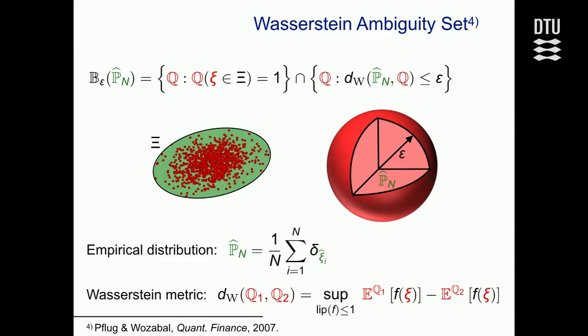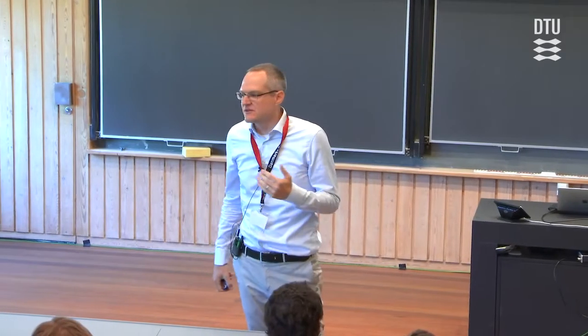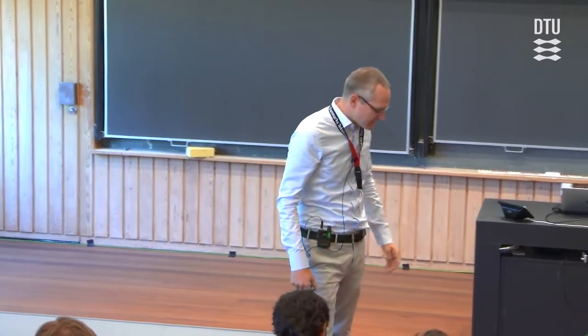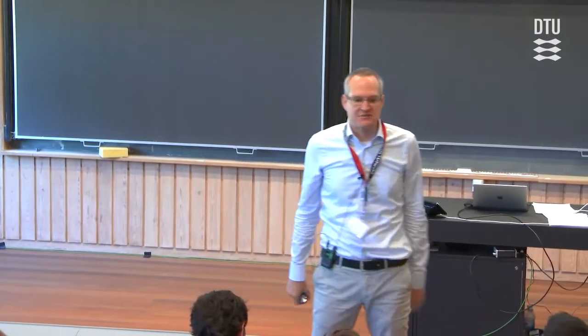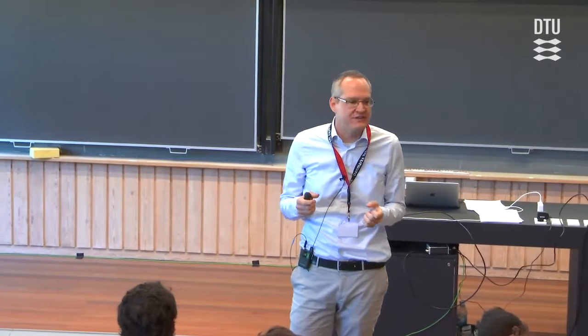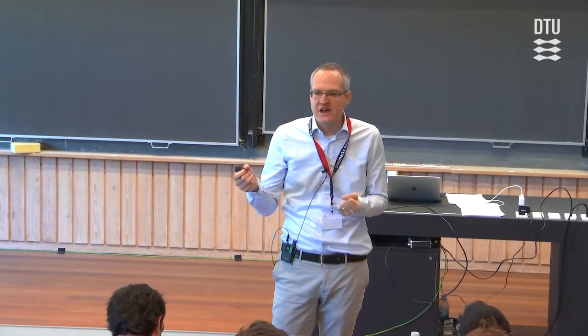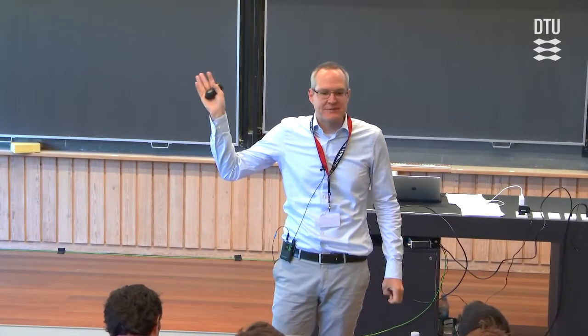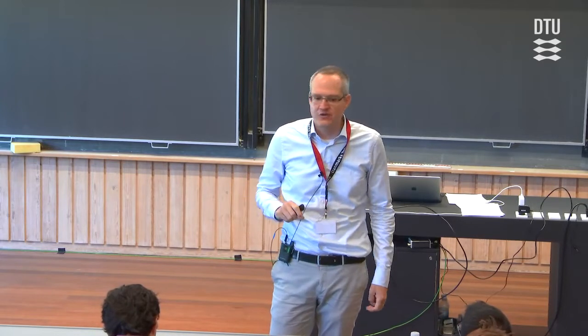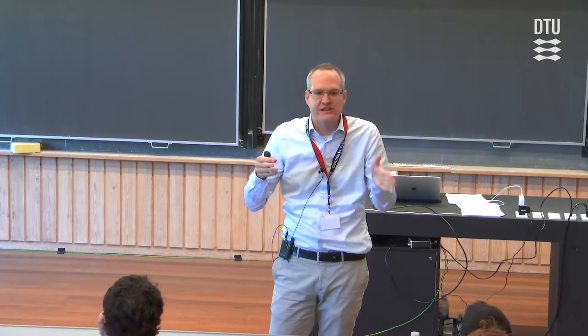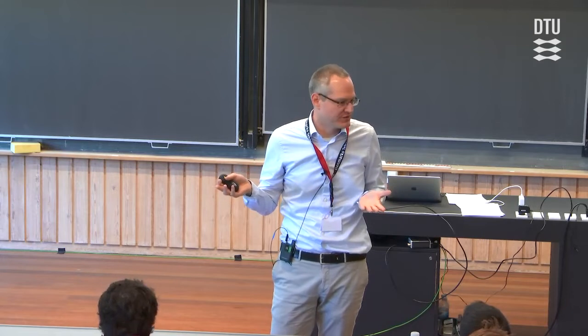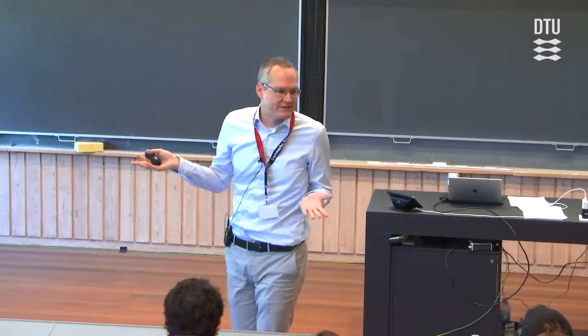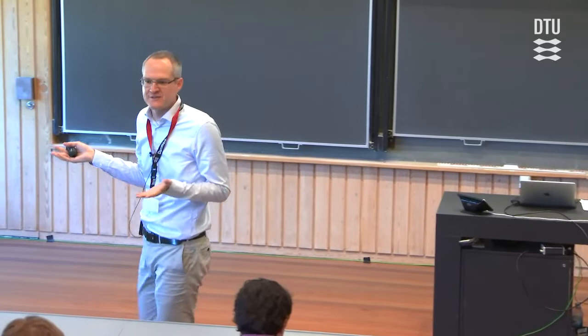Let me give you some examples. If the uncertain parameters reflect, say, demands for a particular product, then you know that the demand is always larger or equal to 0. So in this case, the uncertainty set, the capital Xi, would be the space of all vectors where each component is larger or equal to 0. So that's the non-negative orthant, right? You just know that the distribution needs to live on that set.